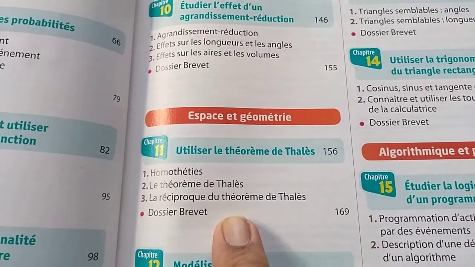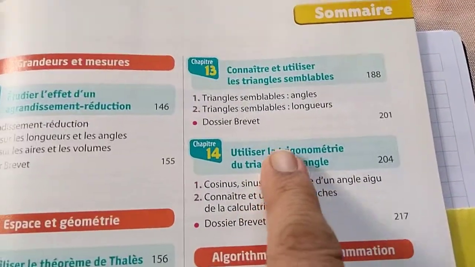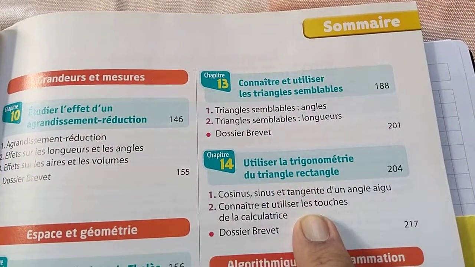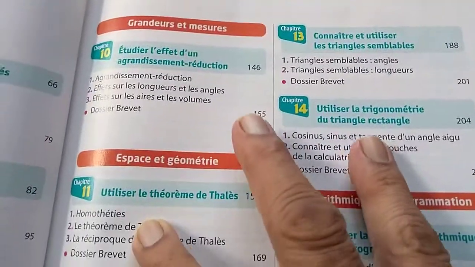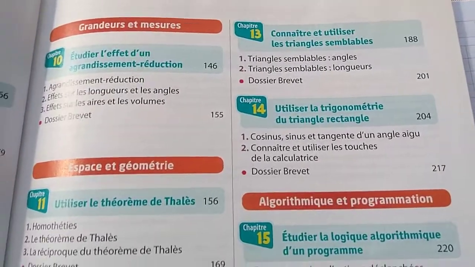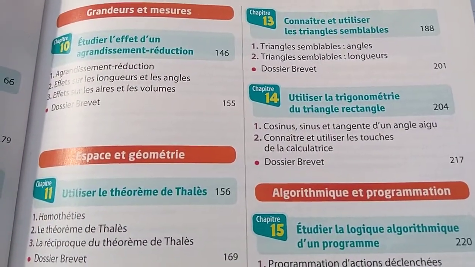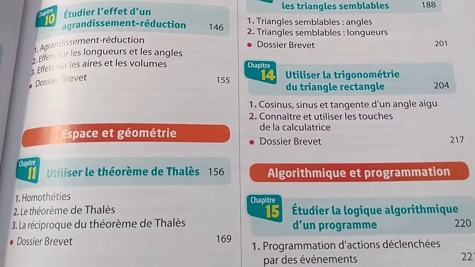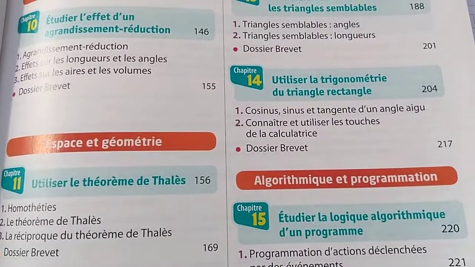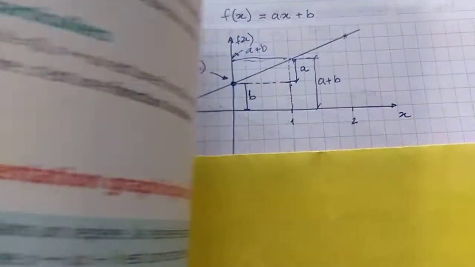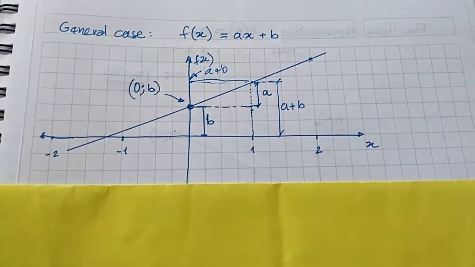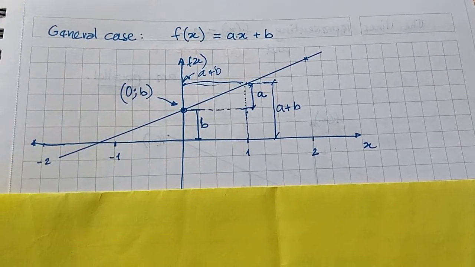So this chapter I would have liked to have finished, and then chapter 14. This also I would have liked. So if we were able to finish chapters 11 and 14, I would have been happy. All the other chapters that we haven't done are not that important. Then I would have been very happy that we have done the whole year's course in this restricted situation of the virus and the lockdown of the school.